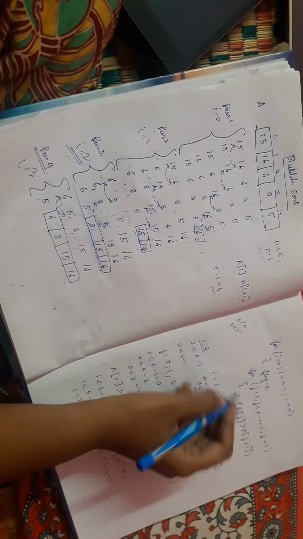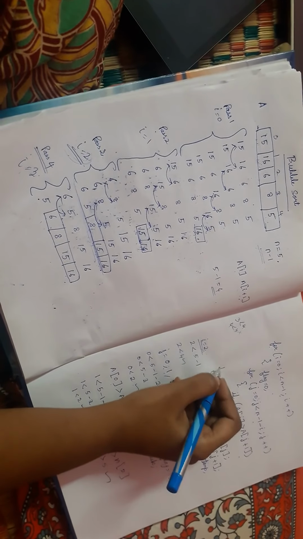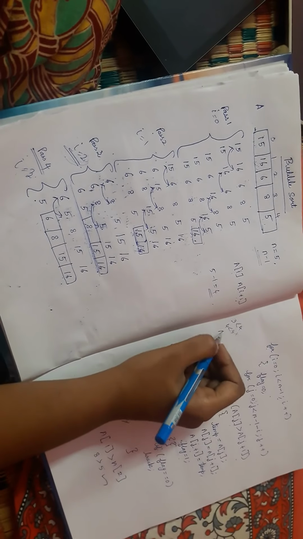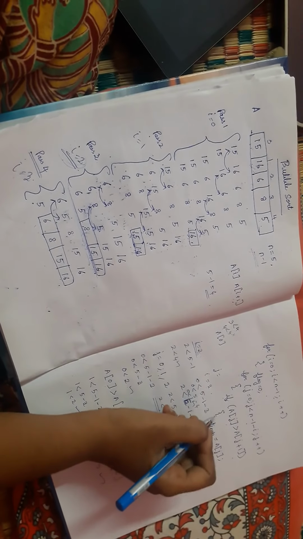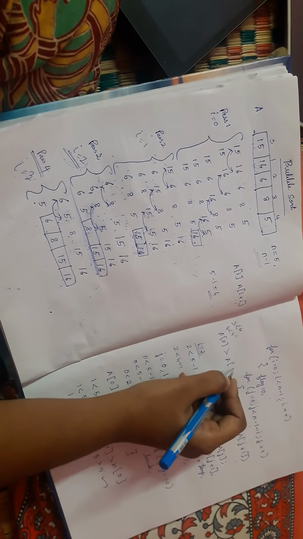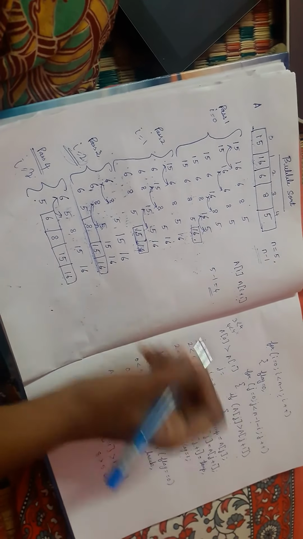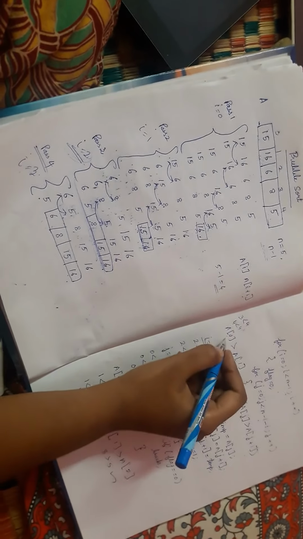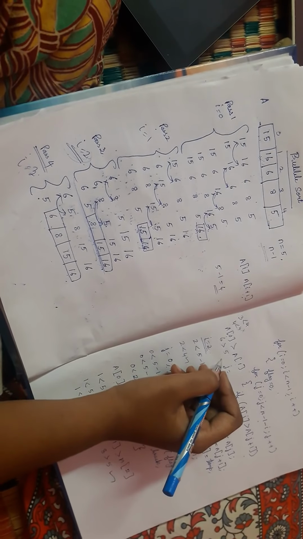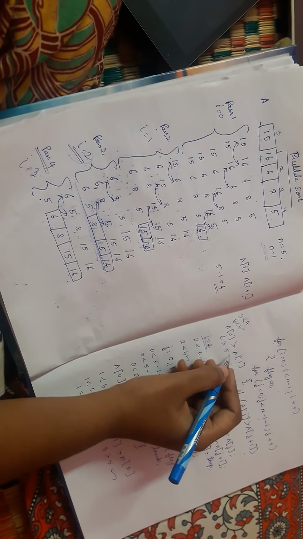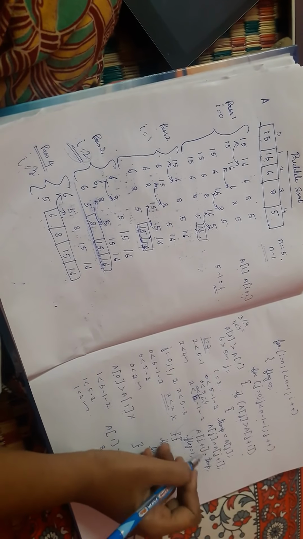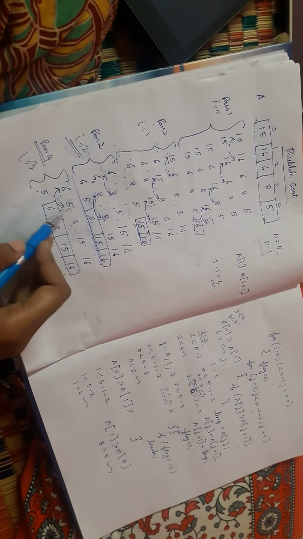Now I will write, if a of 0, j value is 0. So a of 0 greater than a of 0 plus 1, which is 1. So I am going to compare a of 0 and a of 1. A of 0 value is 6, greater than a of 1 value 5. Is this condition true? Yes, this condition is true. So I need to go into this loop and do the swapping operation. So I have swapped these two elements.